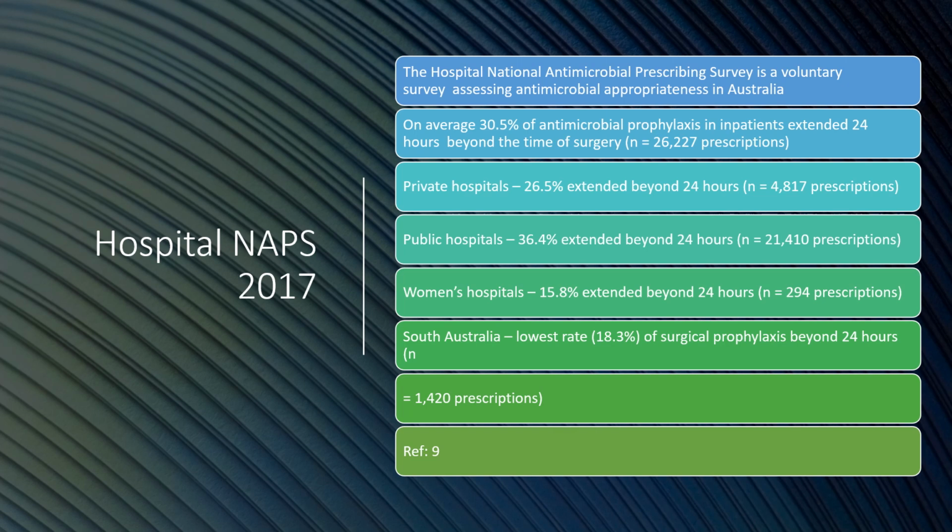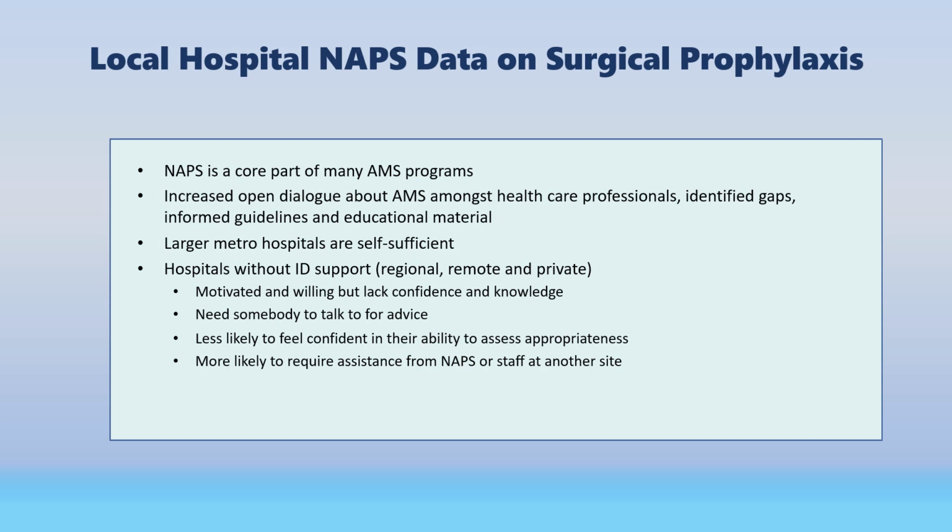On average, 30% of the prophylaxis is extended beyond 24 hours after the time of the surgery. In private hospitals, prophylaxis extended beyond 24 hours was about 27%. Public hospitals were about 37%. Women's hospitals were nearly 16%, and in the southern hospitals it is about 18% of surgical prophylaxis. The local NAPS data on surgical prophylaxis